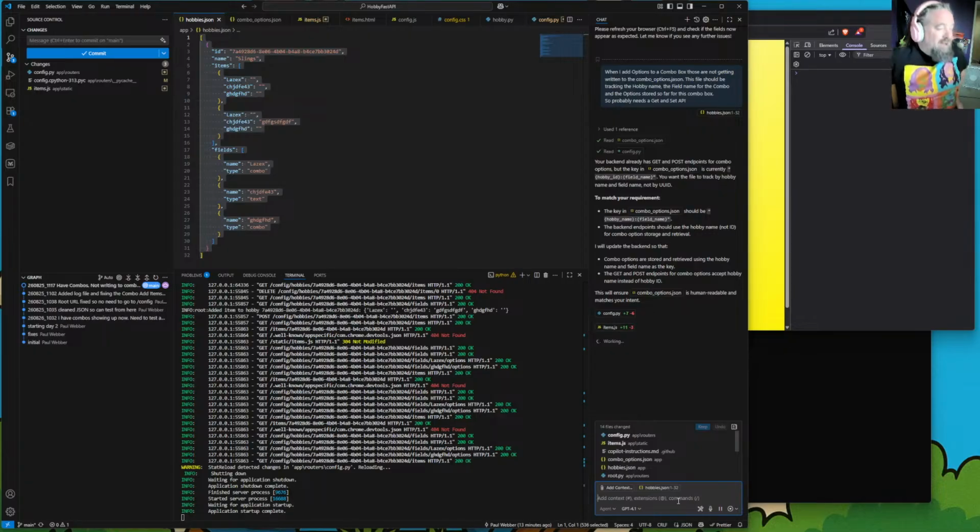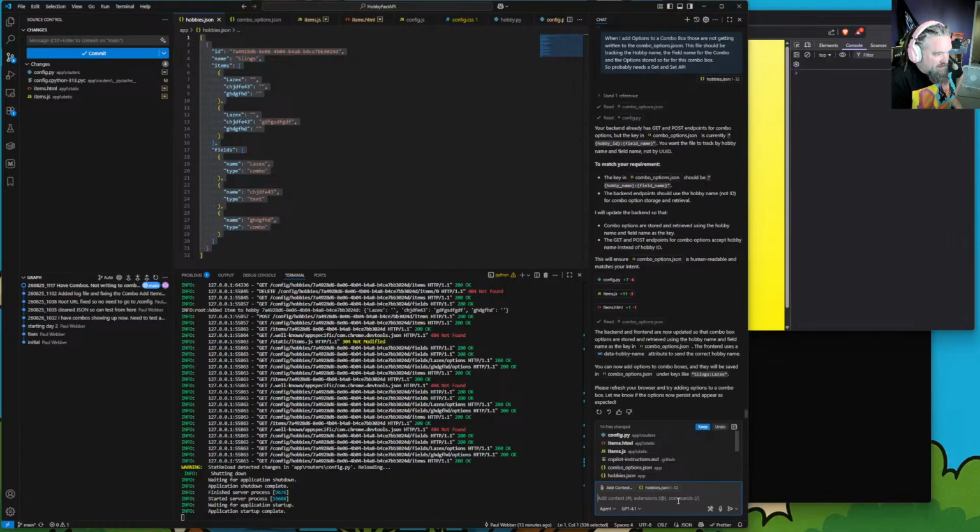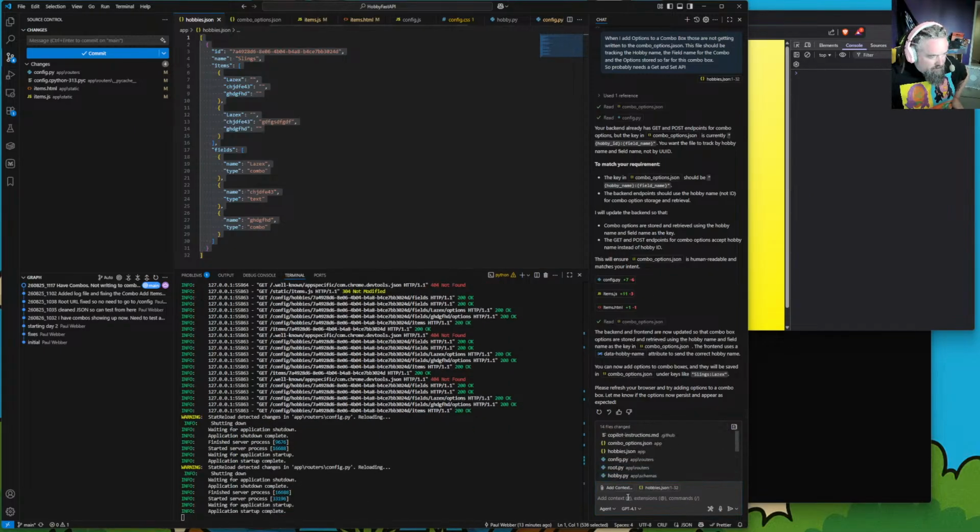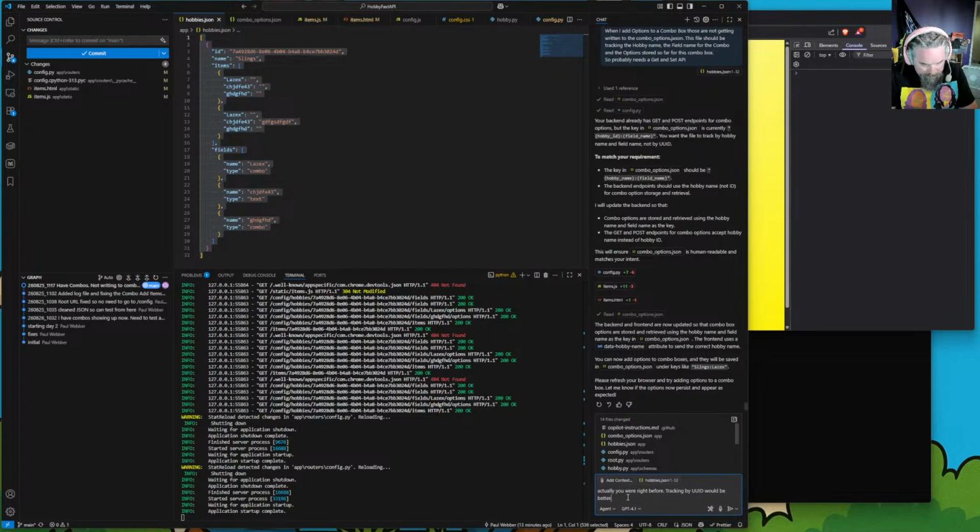I don't actually. It was already tracking by UUID, which is unique. Actually, you were right before. Tracking by UUID would be better. Revert that, but make sure